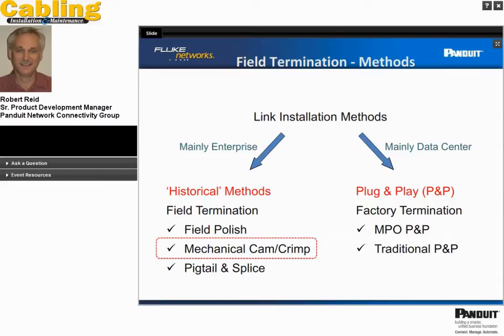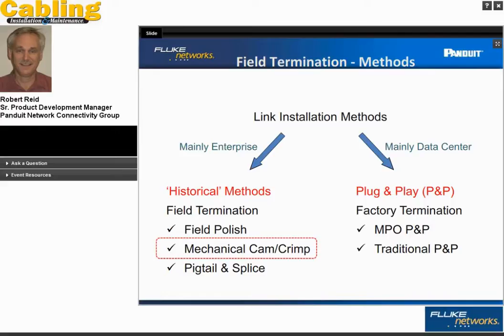There are different ways of building these enterprise links. There are two main arms here. I've kind of diagrammed that out. We've got what I'm calling historical methods, and I've got plug-and-play methods. These are not mutually exclusive. I could have data center